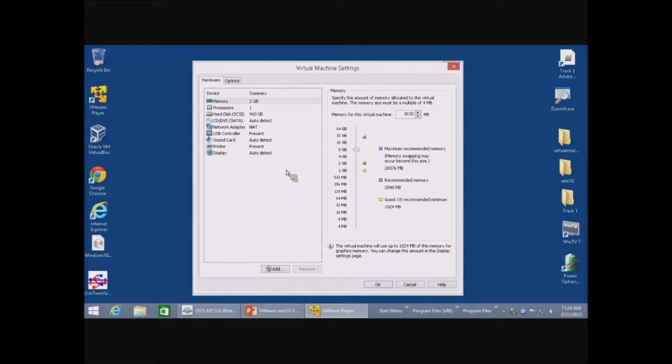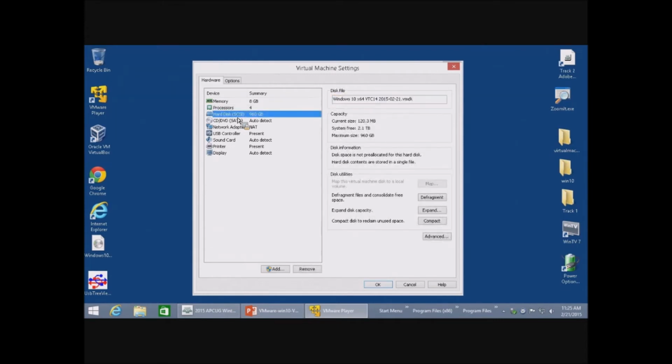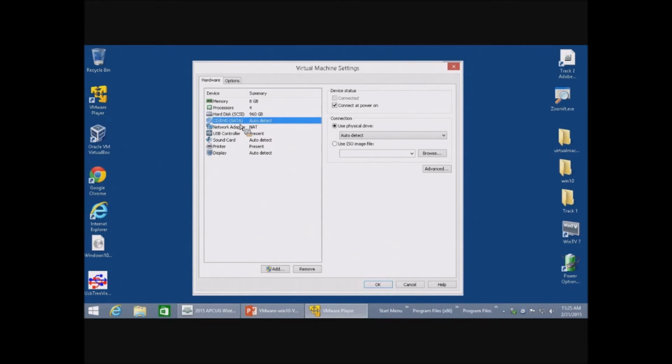So then go to number of processors, and you pick 4, because that's the number of processors that it's safe to put in there. I have 8 threads, which technically are 8 processors in the software world, but if you tell it to go to 8, it'll get a little buggy and lock up a lot. Hard drive's okay. Now finally you go to the CD, and I have to attach this file